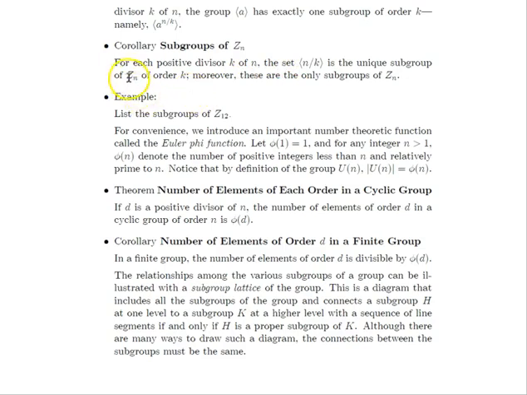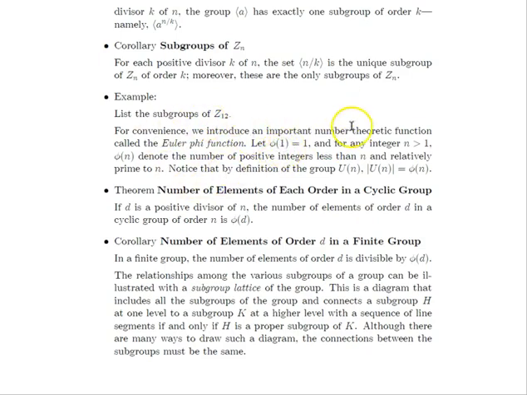Corollary. Subgroups of the group Zn. For each positive divisor k of n, the set of all multiples of n divided by k is the unique subgroup of Zn of order k. Moreover, these are the only subgroups of Zn. So you should try to list all subgroups of Z12,